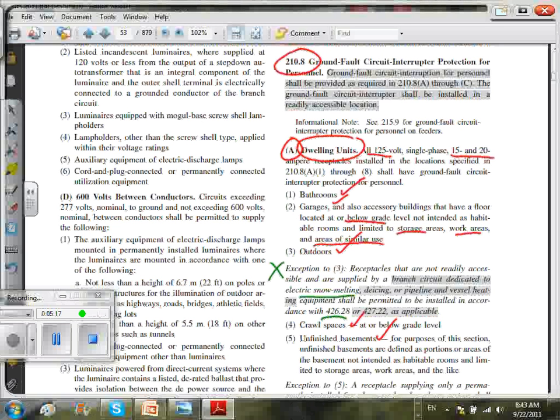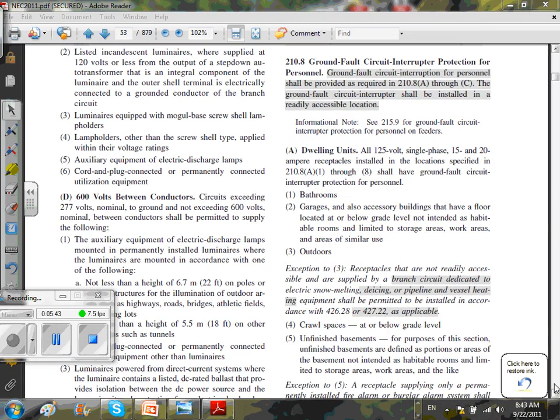So any question, guys, about this? Any question about the dwelling? Where do you need them? Long story short, GFCIs are needed in every place there is water. The common denominator between all these places is that they are wet or damp and have some water in them. So if you go a little bit down here,